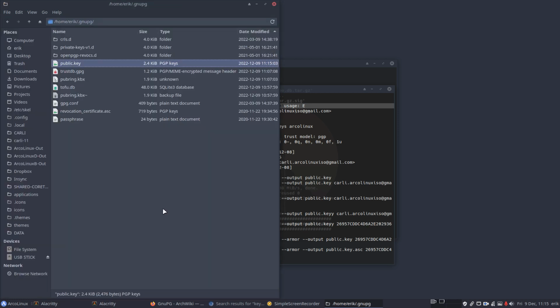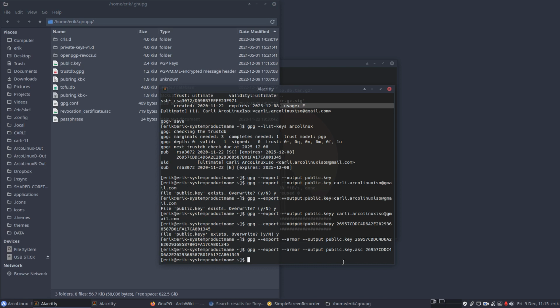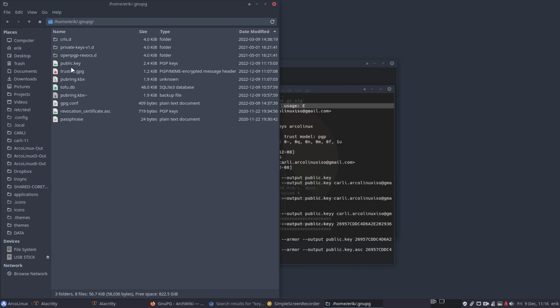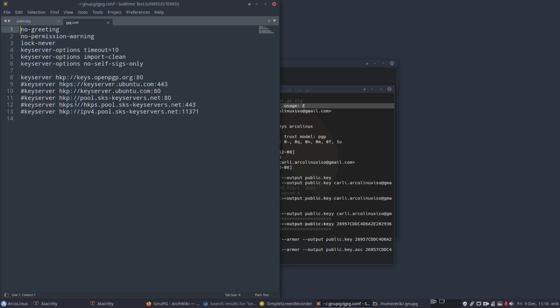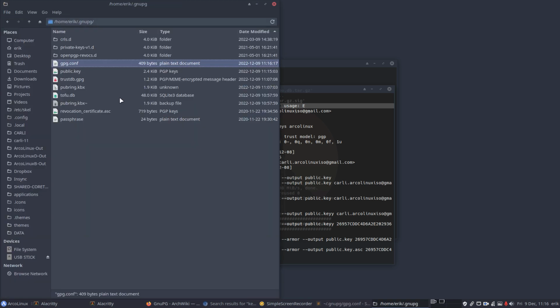This should go online. Right. Then the key server. Key server. We are gonna use Ubuntu. Okay, Ubuntu. Maybe later OpenPGP. That's that. Okay. Right. Then